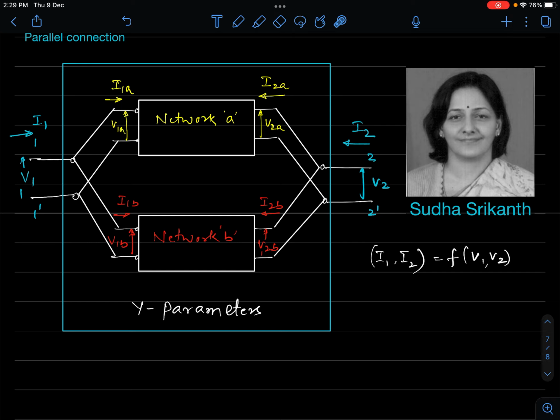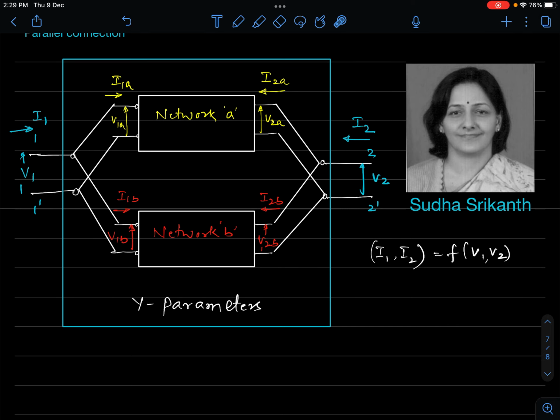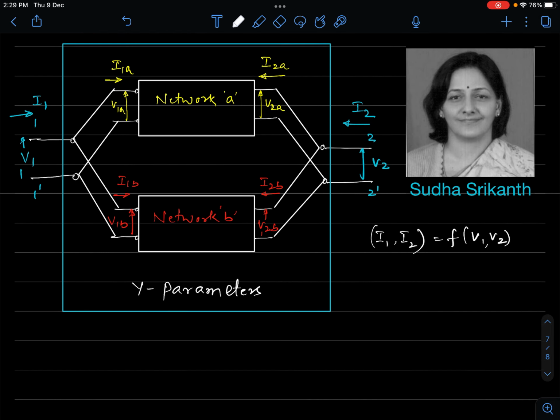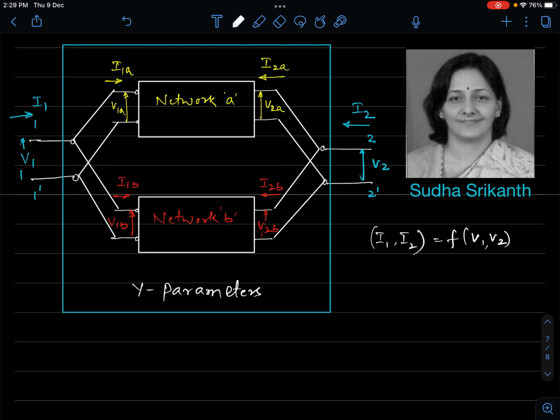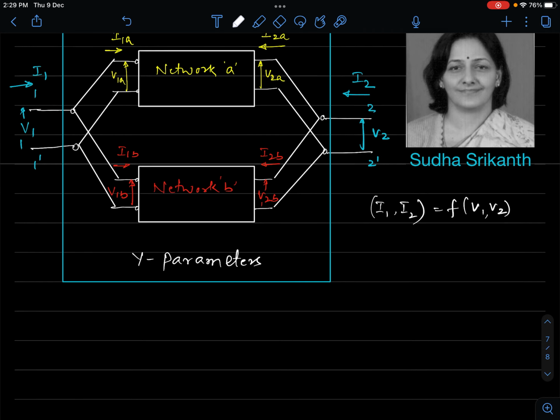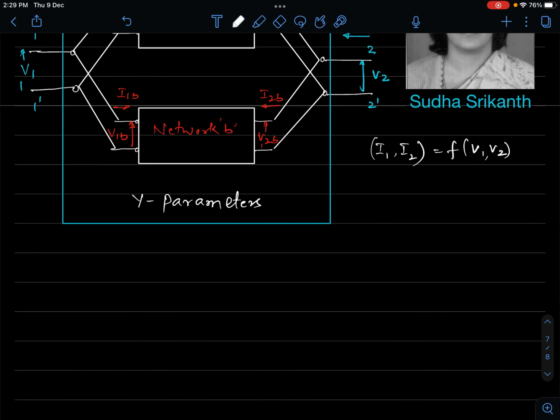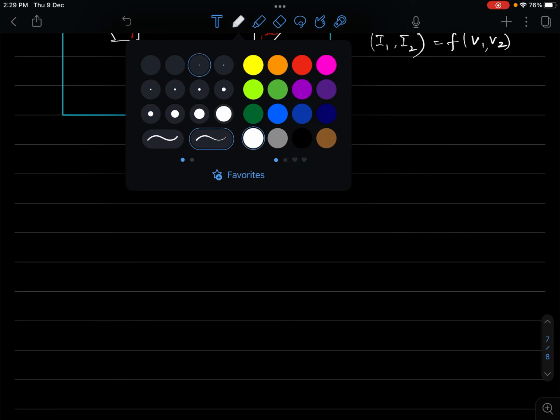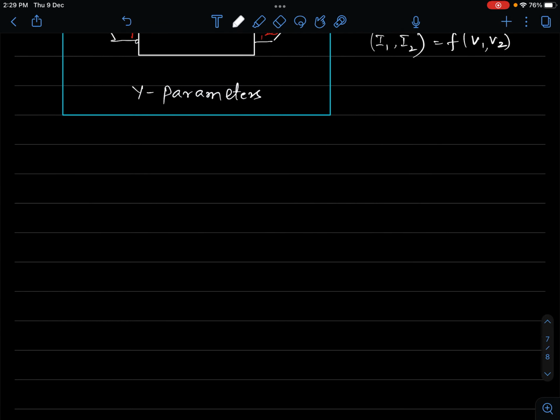Alright, now our objective is to obtain Y parameters of this particular combination or of the resultant network, right? So we will try to do it step by step like how we did it for Z parameters. You can watch my previous video for this and you will know how to do that. Okay, so how to get the Y parameters. So we will try to write. I will not look at the network now, and it is not very important for us to have the network right now. For network A,